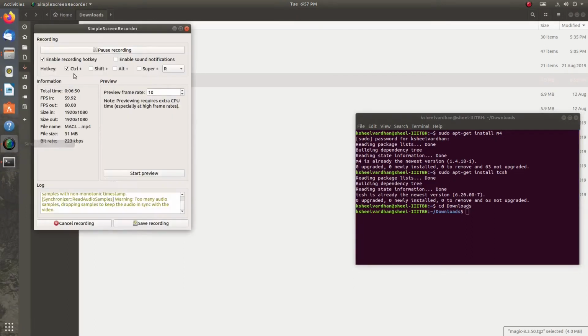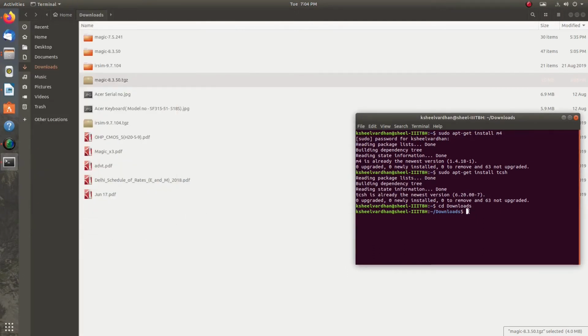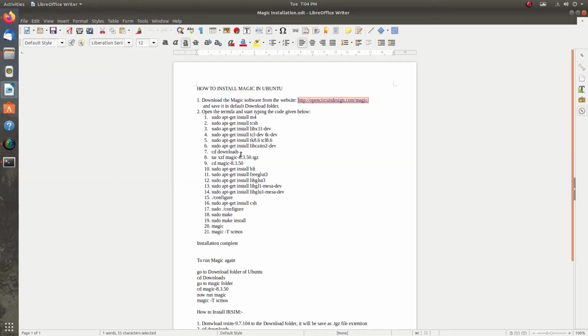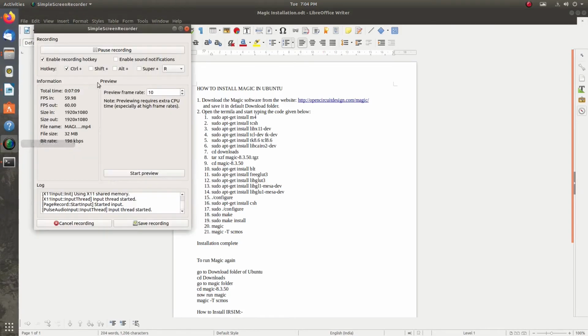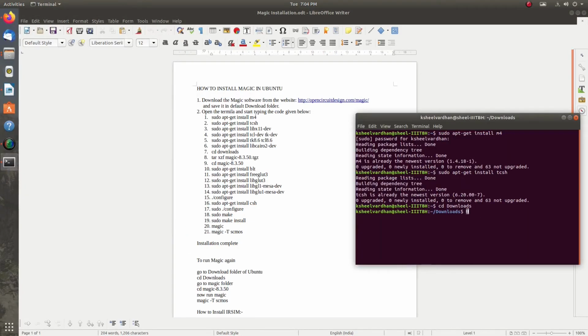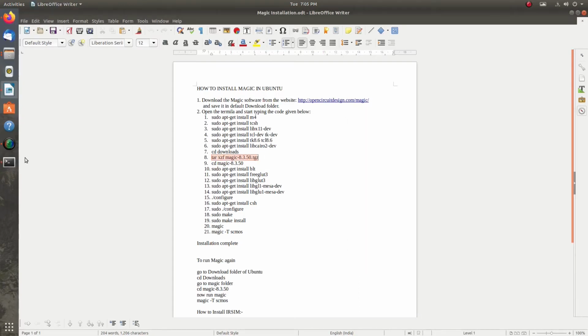Now I will go for the next step, the installation step. Now step number 8, which is tar xzf magic 8.3.50.tgz.